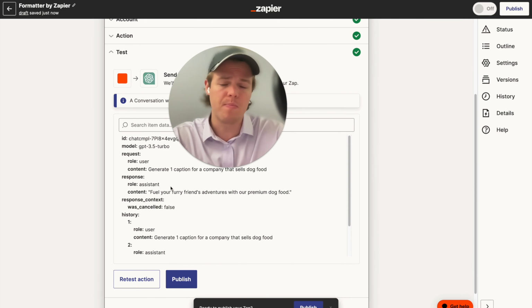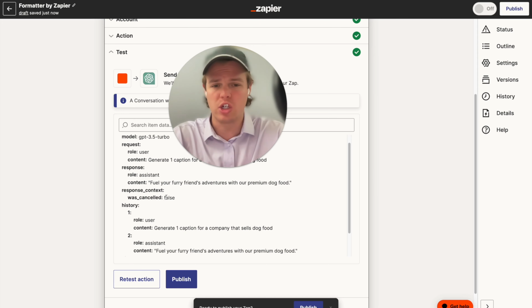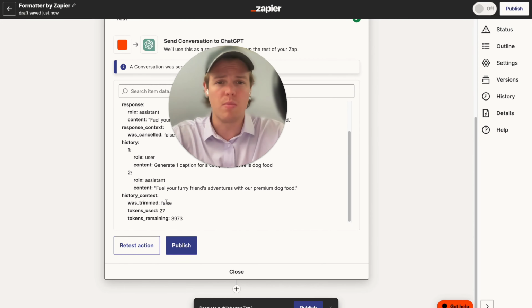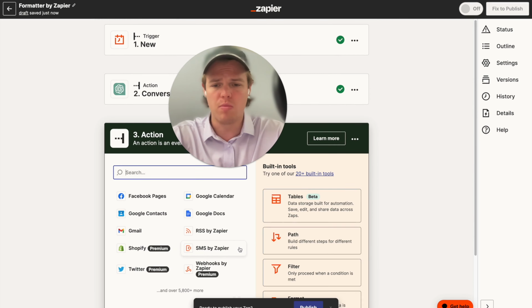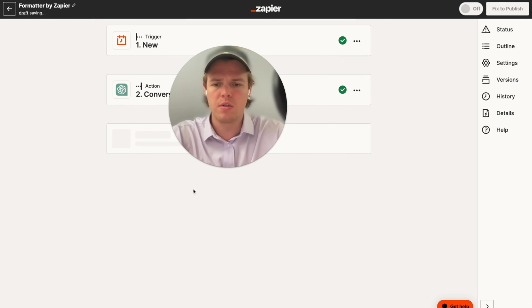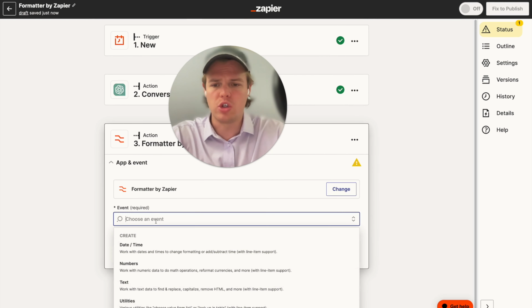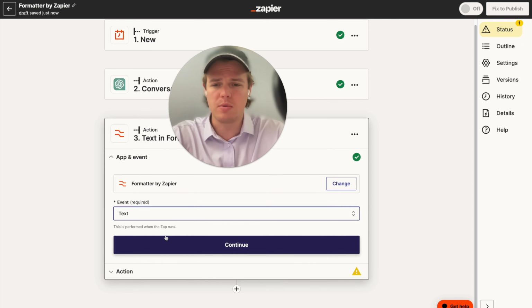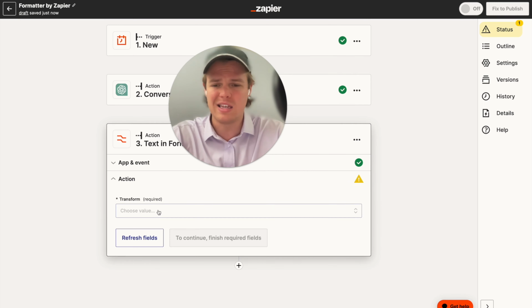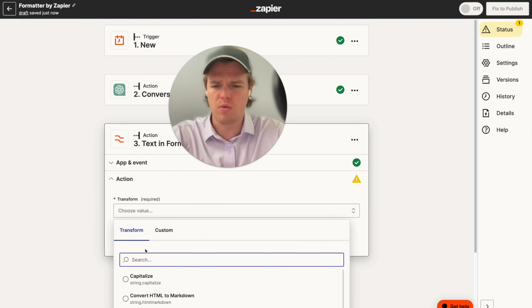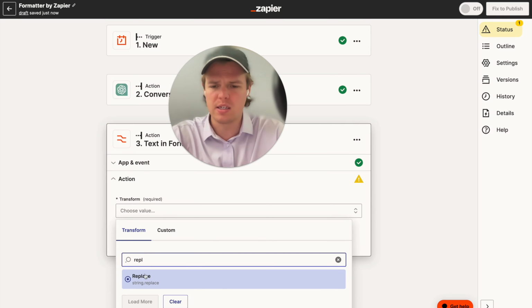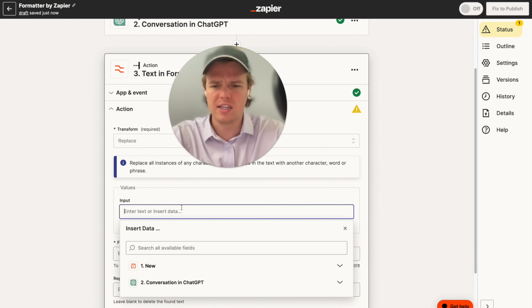As you see here, sometimes when you deal with GPT outputs, you get very annoying things that can occur, such as special characters. In this context, we got some quotation marks. Let's use Formatter to remove those quotation marks. We're going to add a new block, use Formatter, and then choose the event of text. A lot of the times when you're dealing with GPT, it's going to be text for Formatter. We're going to hit replace here, continue,